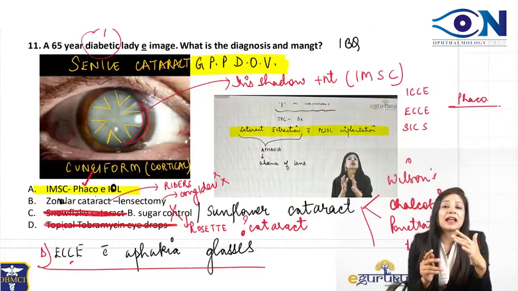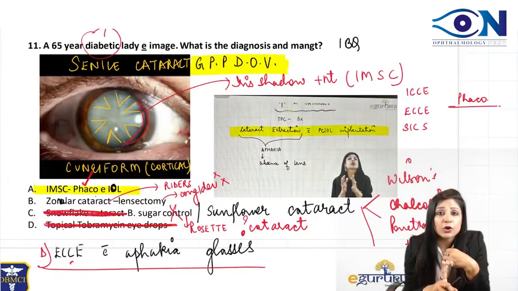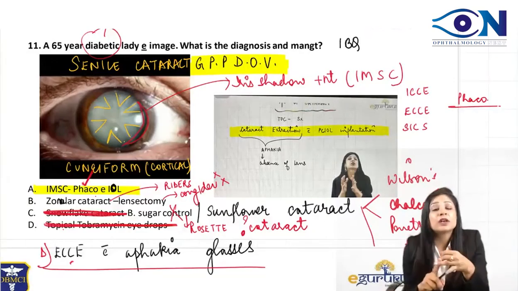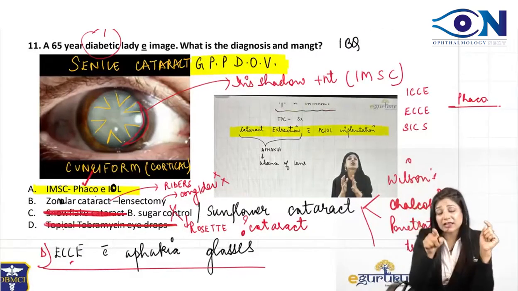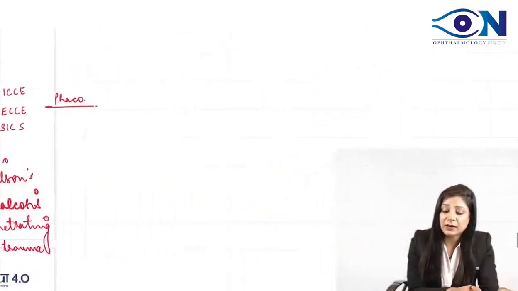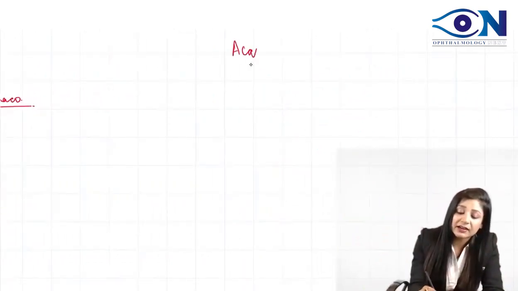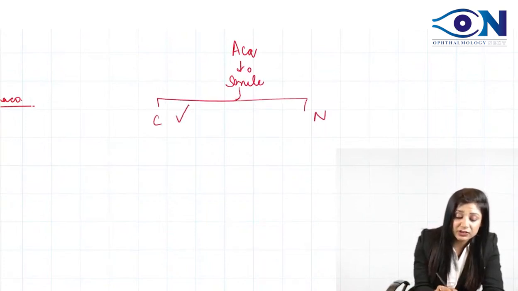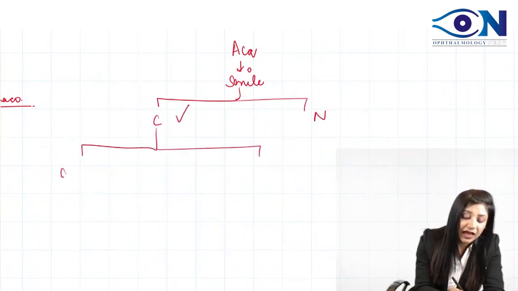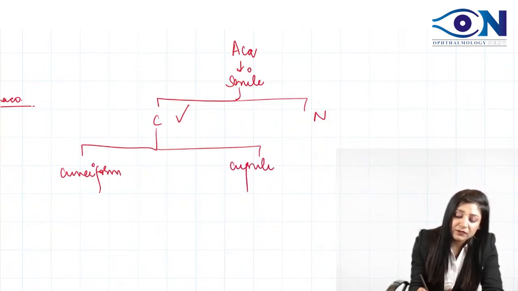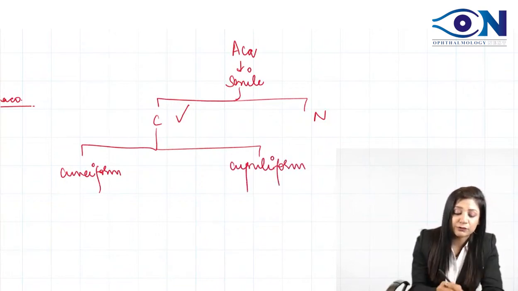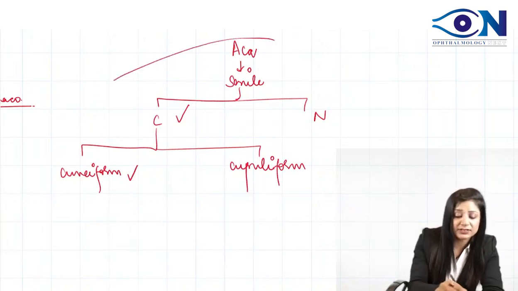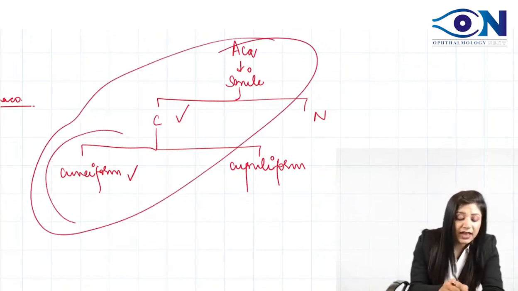Now pre-senile cataract will be of two types, nuclear or cortical. And out of nuclear and cortical, the most common, as in the flow chart that I give you, is that always in the acquired cataract it is the senile cataract which is more common. In the senile we have cortical and nuclear, so it is cortical which is more common. And in the cortical we have the cuneiform as well as the cupuliform, so it is this cuneiform which is more common. This is the flowchart that I always give you. So that means it's a cuneiform.